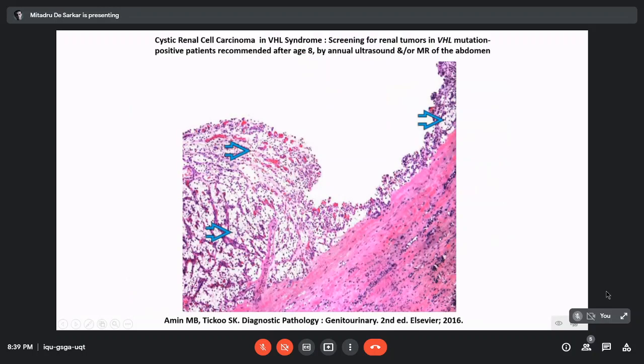As this picture shows, there is an exuberant thickening of the lining of the cyst, with multiple layers of these clear cells lining the cyst wall. So this is a cystic renal cell carcinoma which has happened in VHL syndrome. And this is why you will need to screen these patients after age 8 by annual USG or MRI of the abdomen. I think we are done with today's discussion because we have covered most of the